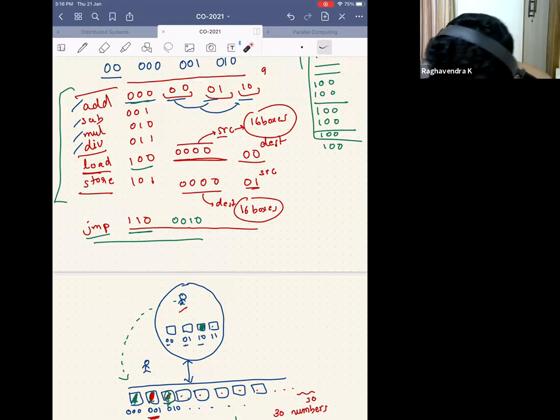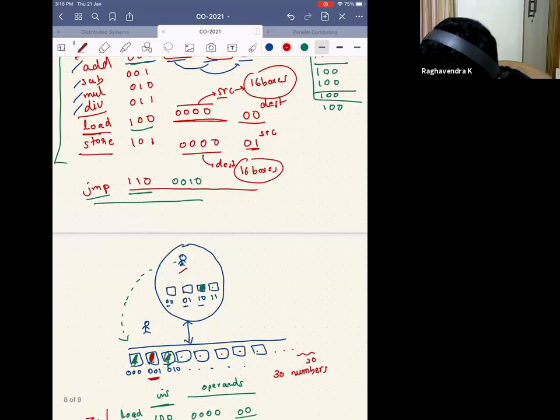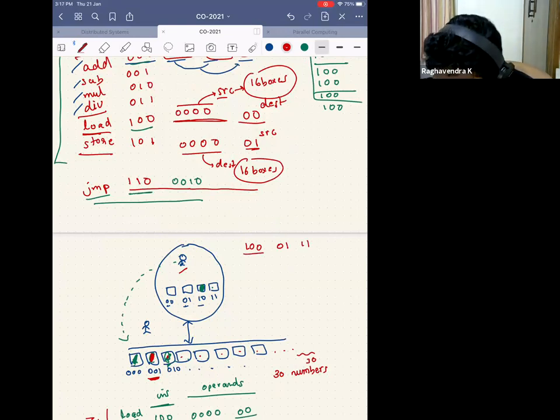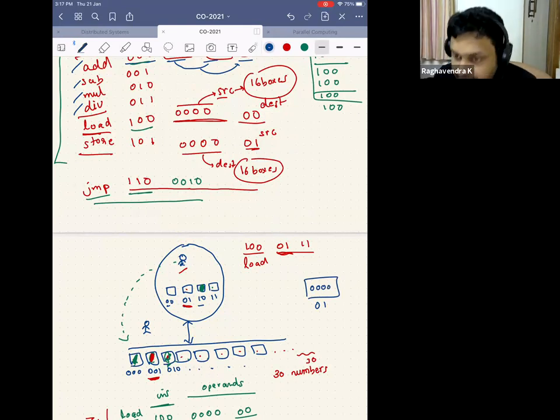Let's say I had some kind of load which said 100, and then I had 01, and then I had 11. Now, how does this load work? It sees that this is a load, and instead of reading the entire 4 bits, it will read these 2 bits. It will go to the box 01, and let's say in this box 01 there are 4 zeros. Then he will modify this instruction. This guy is intelligent enough to figure out what he will pass on to the girl.